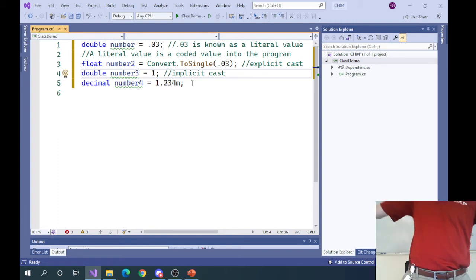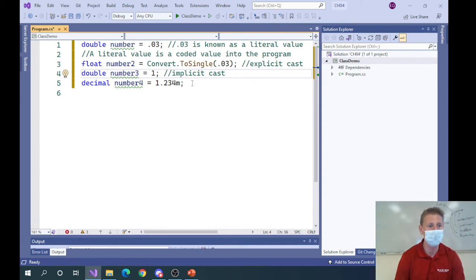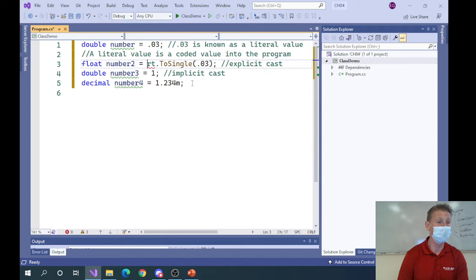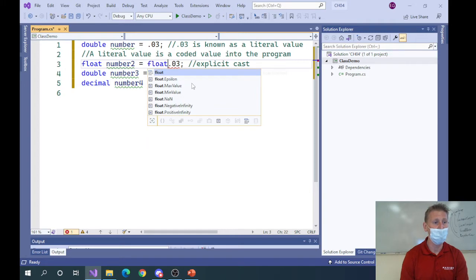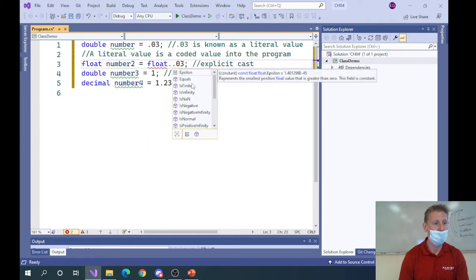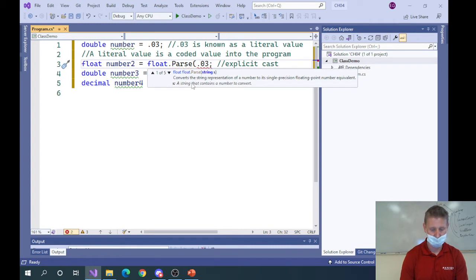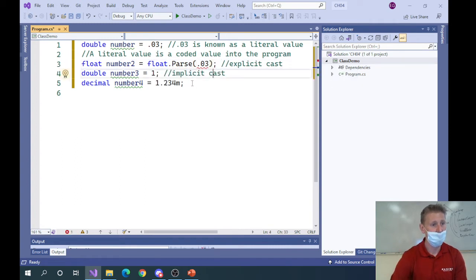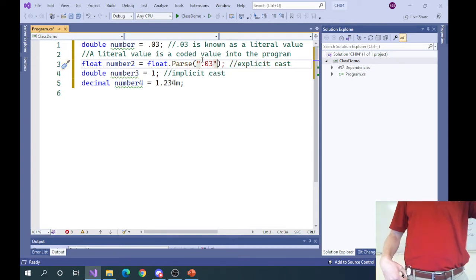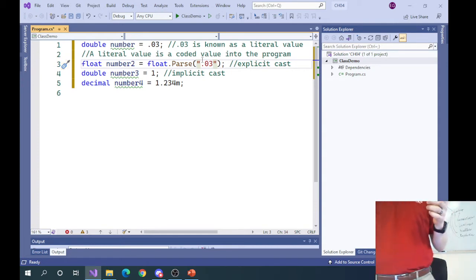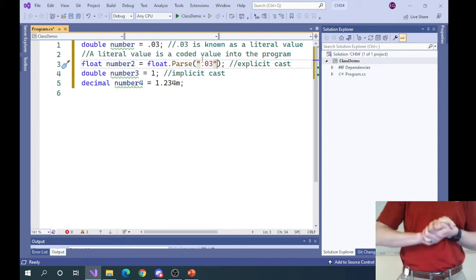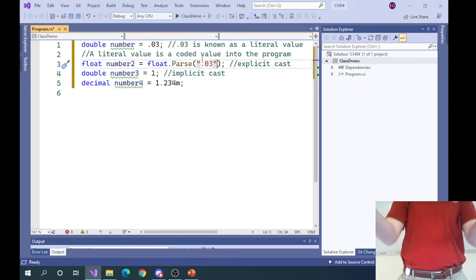Here's one more, as if you need another. You probably don't need another, but just to throw this out there, because the book will show it to you. Each one has a class, like float.parse, which you'll often see, and which is another tool. Now float.parse will take a string value, so I believe you have to put that in a string. So the data type .parse takes a string and converts it into that. All these are just different ways to do explicit casting.